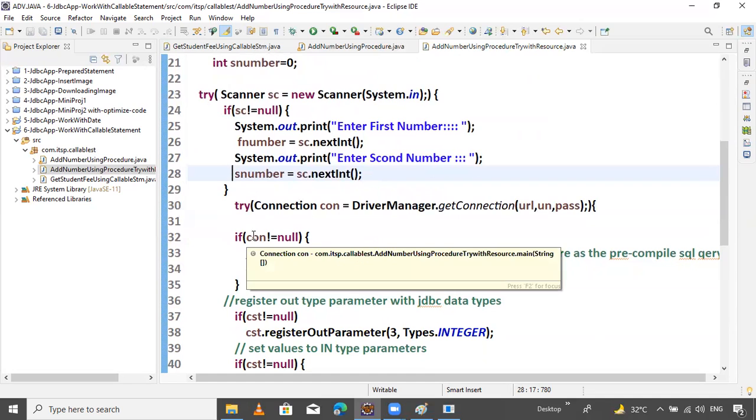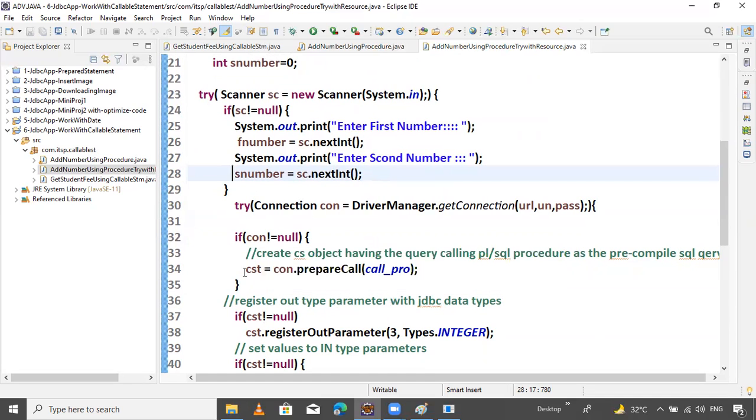If you want, you can also perform it inside this, guys. If you want, CST is closable or not. But right now it is not required. Okay.